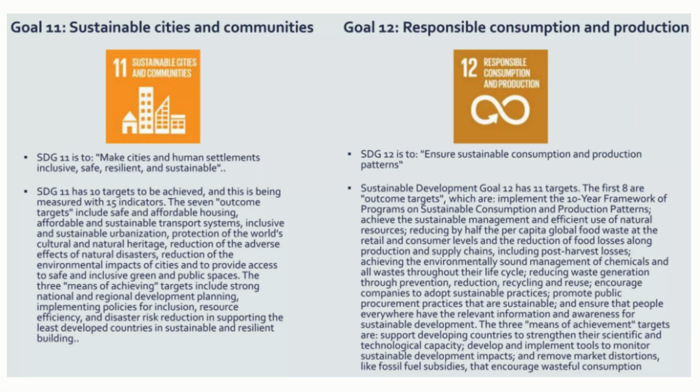Goal 12, responsible consumption and production. SDG 12 is to ensure sustainable consumption and production patterns. SDG 12 has 11 targets. The first 8 are outcome targets, which are implement the 10-year framework of programs on sustainable consumption and production patterns, achieve the sustainable management and efficient use of natural resources, reducing by half the per capita global food waste at the